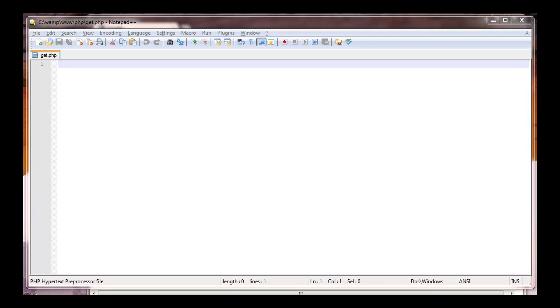I'm sure you guys are familiar with writing forms, that you have your methods either post or get. Now with get, you have name value pairs, which are appended to the end of a URL. So for example, you could have, say,